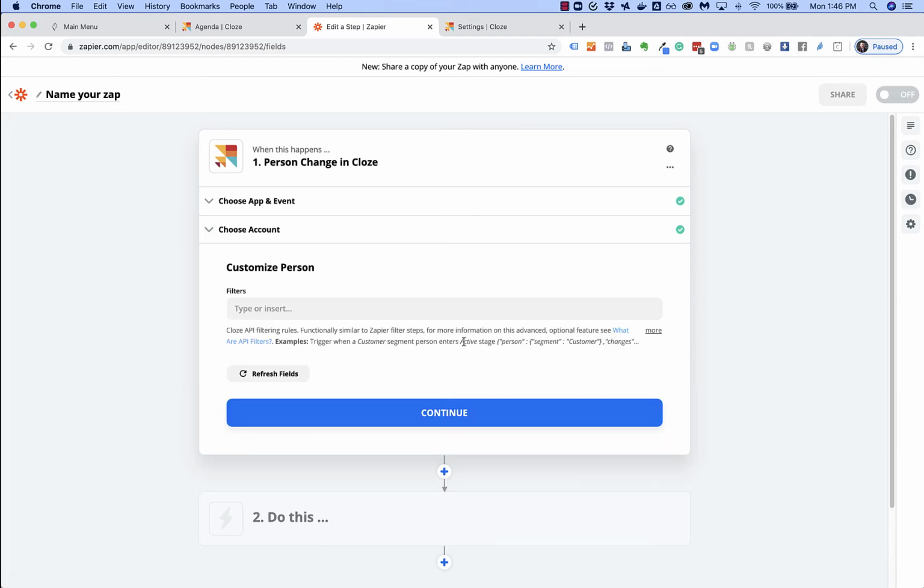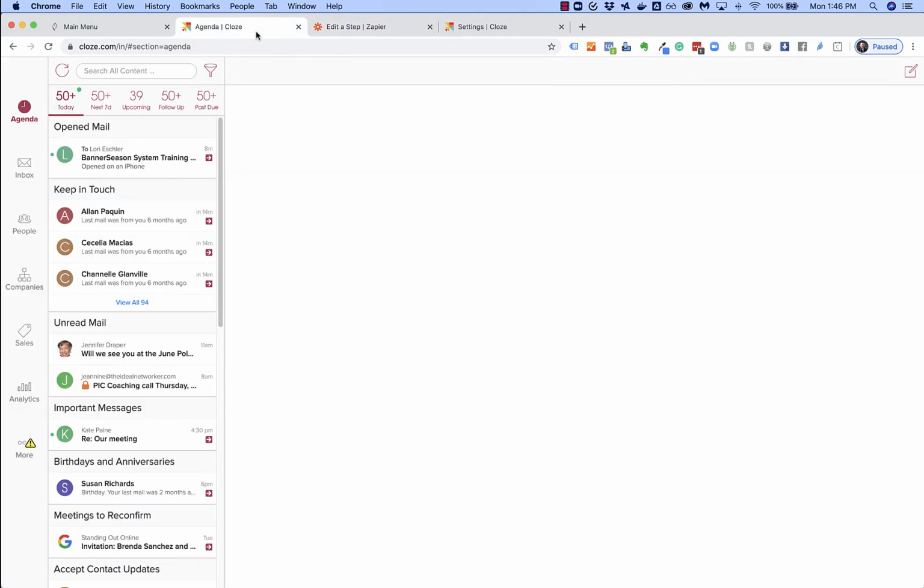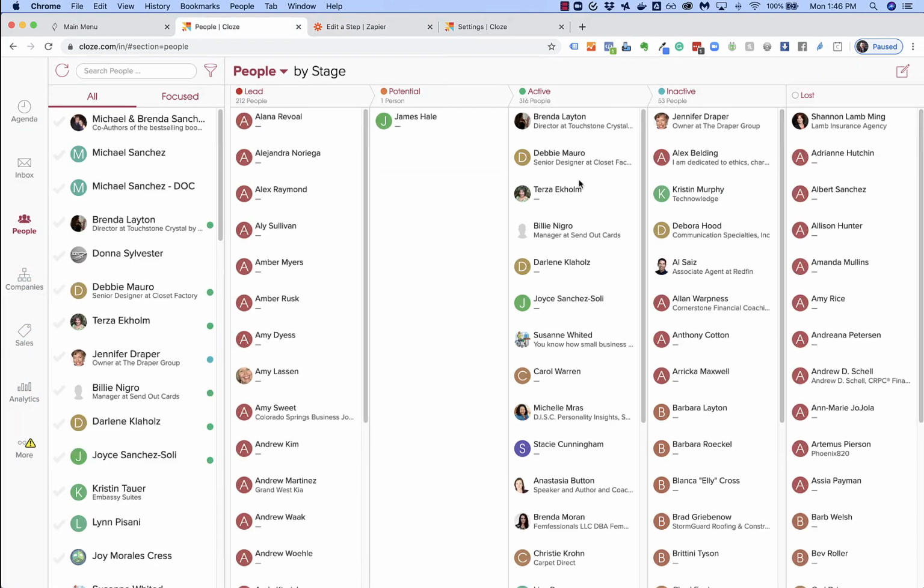Okay, so then I hit continue, and now what it's asking me for is it's saying, okay, there's some filters on here that you'll want to set up. So this gets a little bit technical, but it's really not that difficult. Basically what it's saying is, inside of your Cloze account, when do you want to fire this off? So remember, we're over here in the people area here. So if I click on